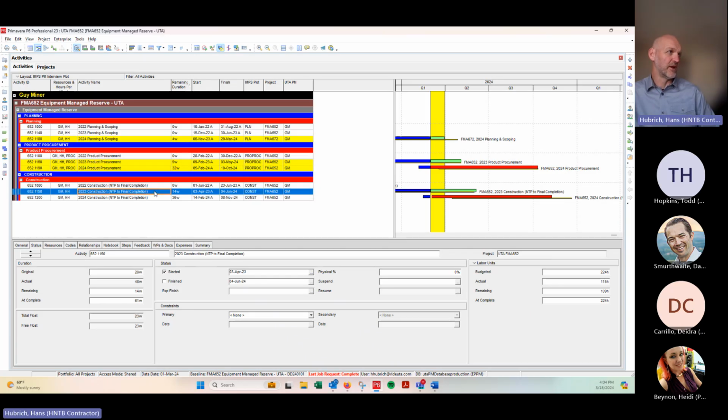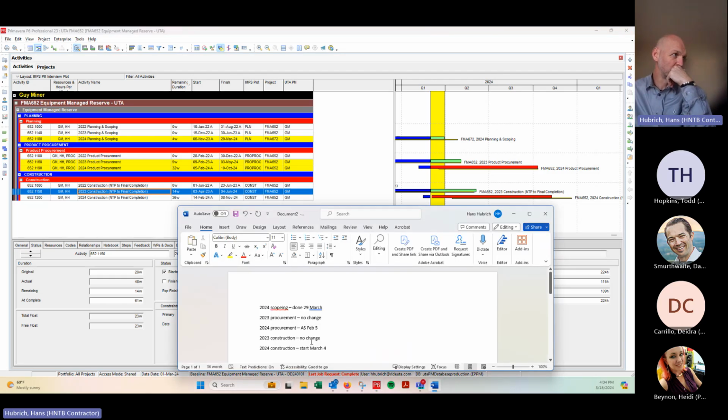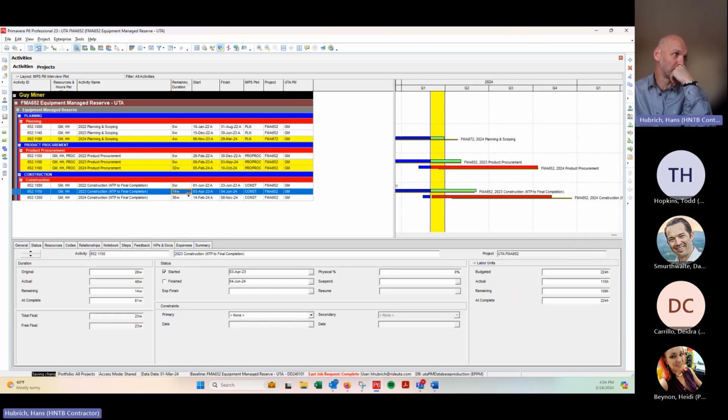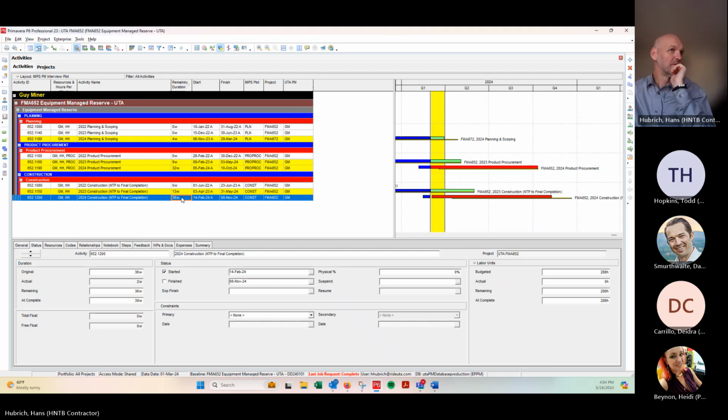Jump down to the next one that I updated. This is saying, go check my notes. Let's see, 2023 construction, no change there. I can see I'm overrunning a little bit now, so I'm going to go to 13.5 weeks and see if that pulls me back. There we go. And my last one,